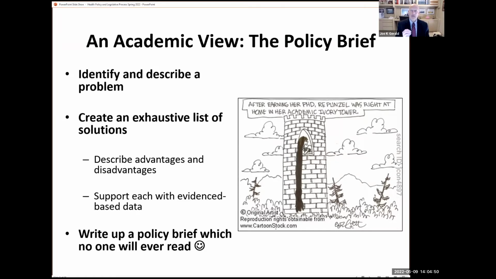And one of the key elements of the policy brief is that it's evidence-based. As an academician, I go to the literature, I look to see what data are available on this particular problem, looking at the strength and breadth of the evidence that is available to help us make decisions, so that it's not just opinion. There certainly may be elements of opinion. I will use my knowledge and experience to create analysis, but ultimately the underlying key elements of the policy brief stand on the data that others have discovered on this particular problem.